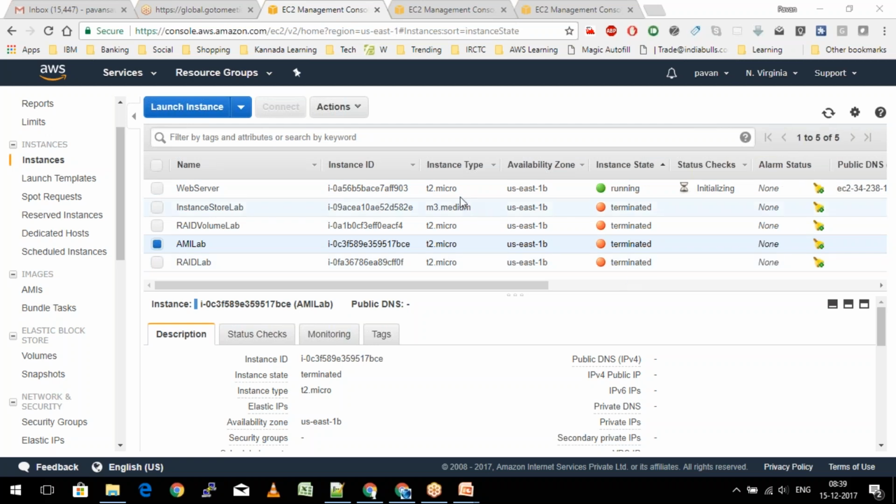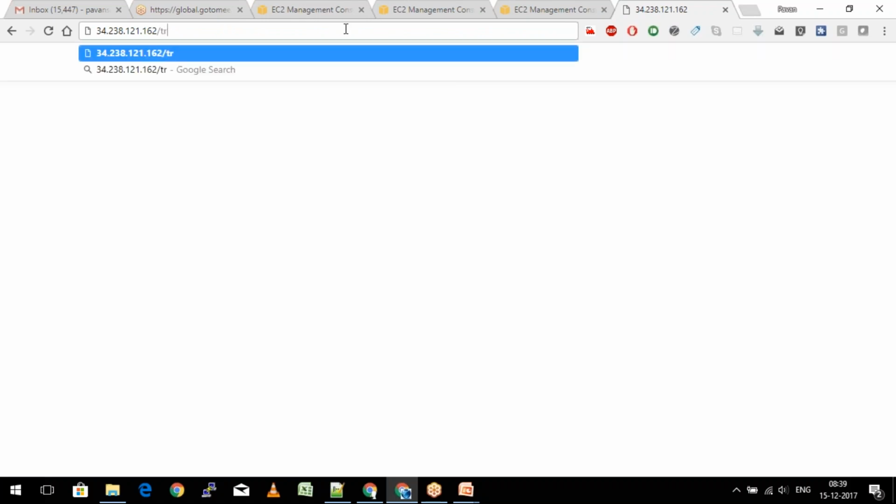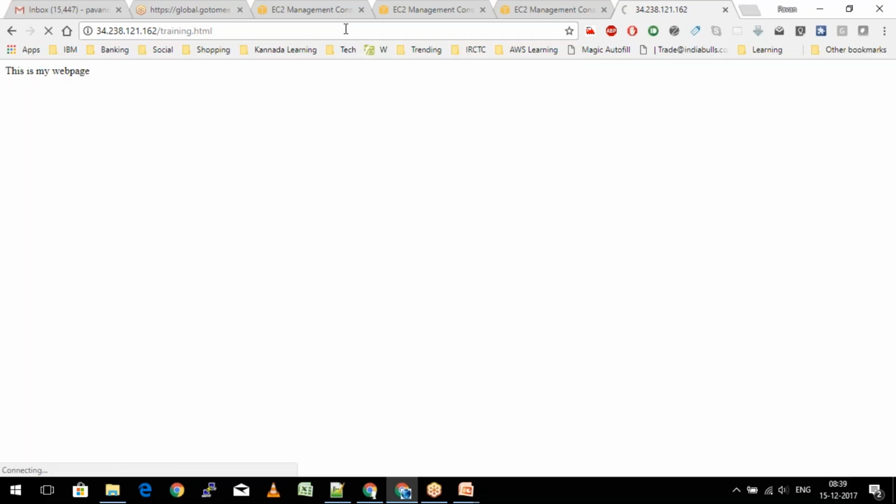So there we go. My web server is up and running now. All I need to do is copy this IP address and put it in the browser, and you'll see that it is automatically running. I haven't made any changes in the configuration, but I have all the web pages, all the configurations, all the software installed inside this readily available for me. I'll also be able to see these web pages.